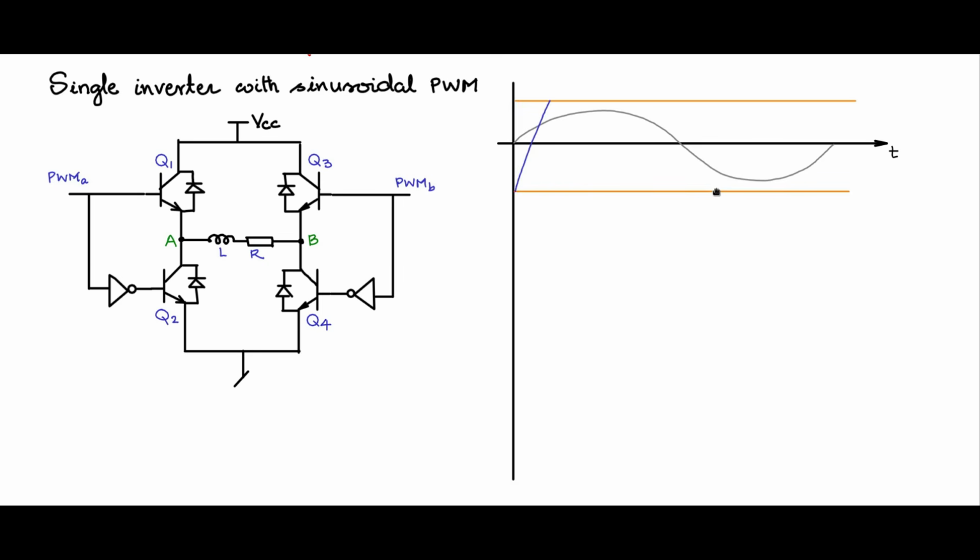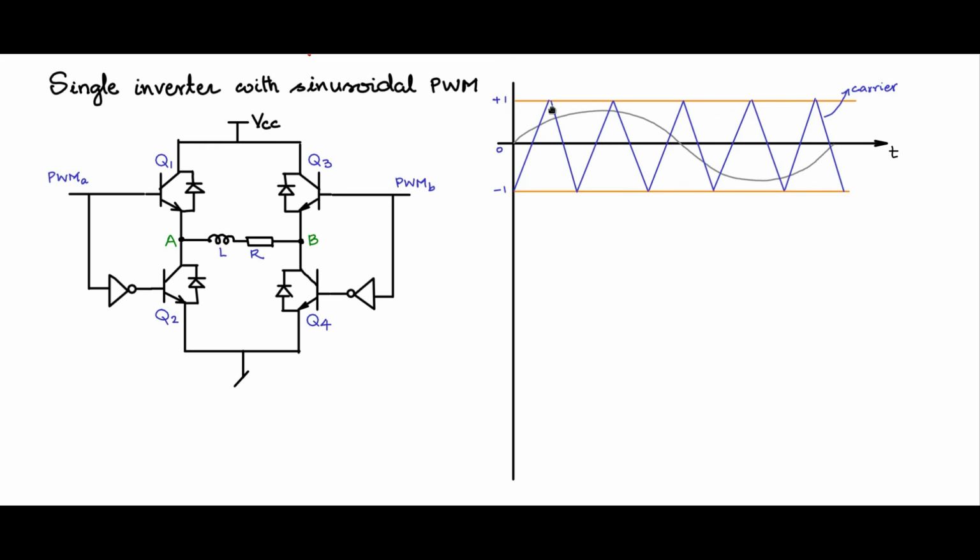So let us draw that carrier waveform. The triangular carrier is in this fashion. It is between two limits, the limits of -1 to +1. This is 0. In general, you choose a carrier waveform frequency which is greater than 20 times the frequency of this fundamental modulating signal. So keep that in mind when you are choosing the carrier